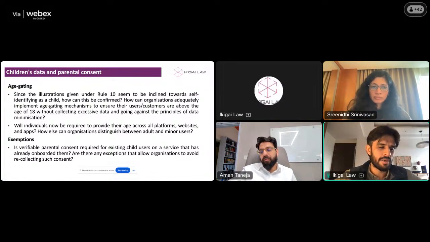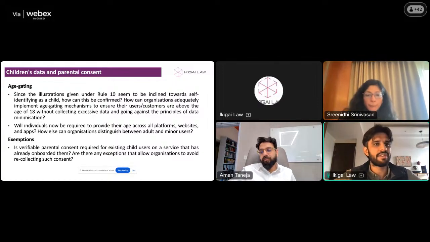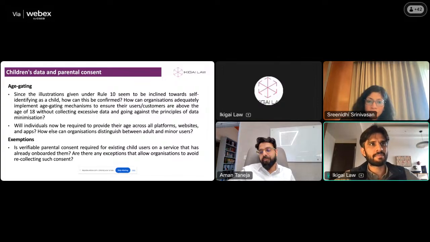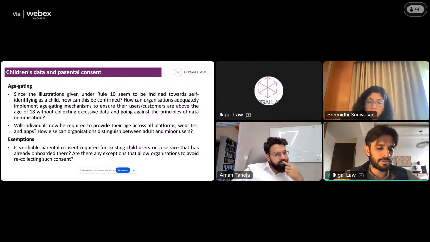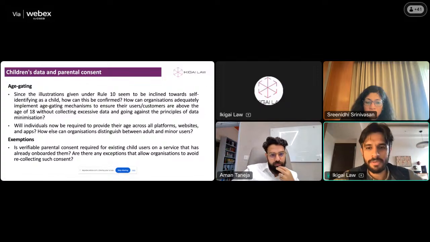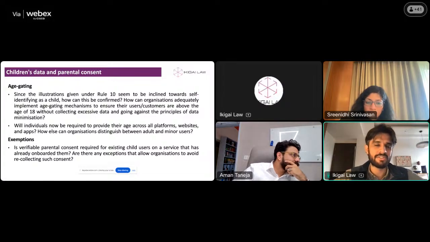So whether you are a platform that's targeted towards children, but let's say lesser risk, what parental consent might look like, and the individual steps, which would start from age gating, moving on to identifying the adult, and then getting that affirmative consent, might look a little bit different. Or let's say you're a product that's not targeted at children, like an IT SaaS company where you can't imagine children genuinely going on the platform, then that might look quite different. Age gating might not necessarily be the biggest concern you have.